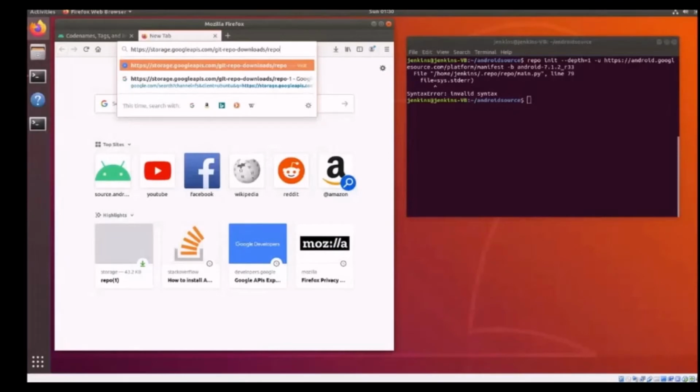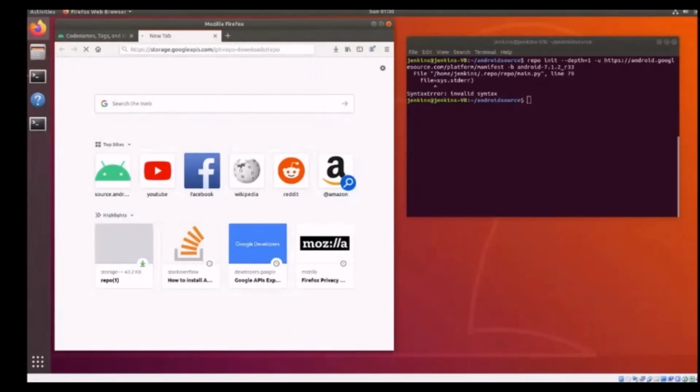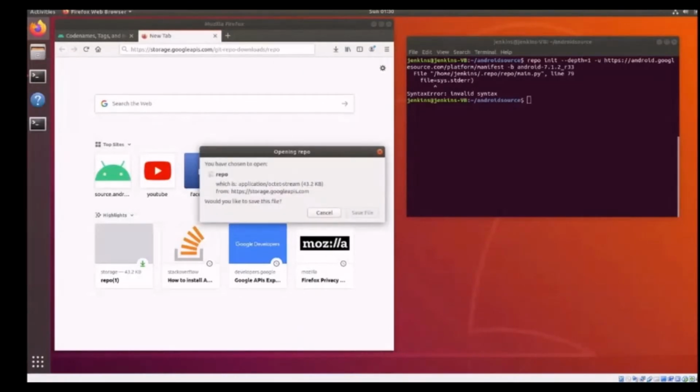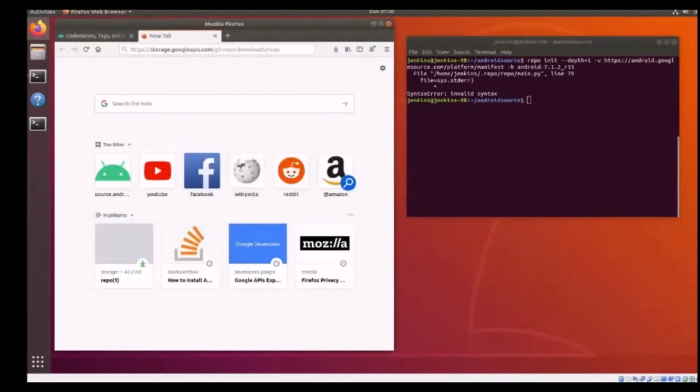This is the site from where we are just going to download the repo. The repo is being downloaded now. Navigate to the location where the repo file is located.